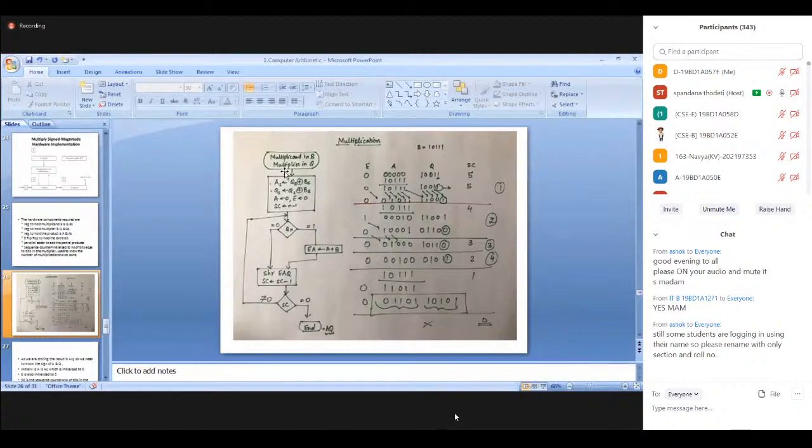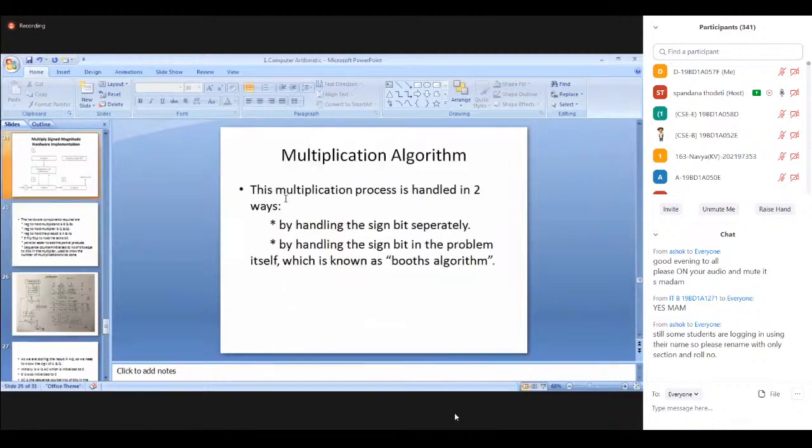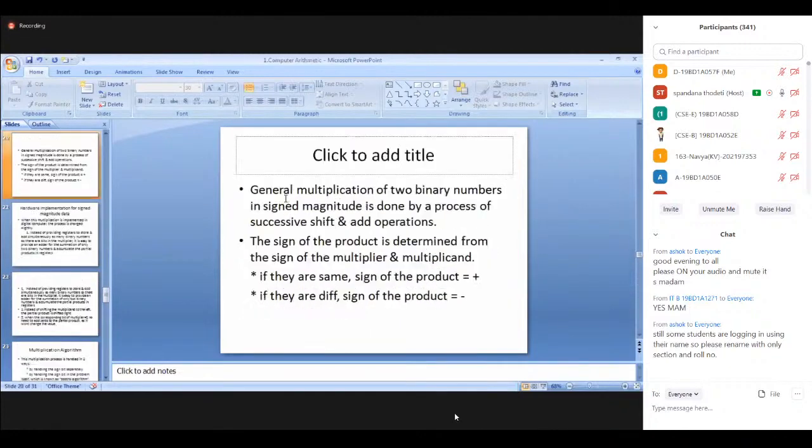That is your multiplier. Next, as you are using these signs explicitly, we should know the sign of the resultant. How to know the sign of the resultant? When you are performing the product or the multiplication, if the sign of the two numbers is the same, then the sign is positive. That means plus into plus is plus. Minus into minus is always plus. Similarly, if the sign of the two numbers is different, then the sign will be minus.